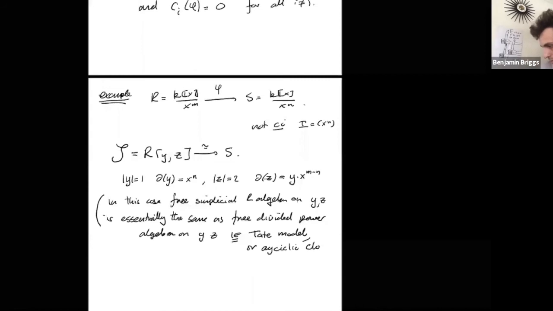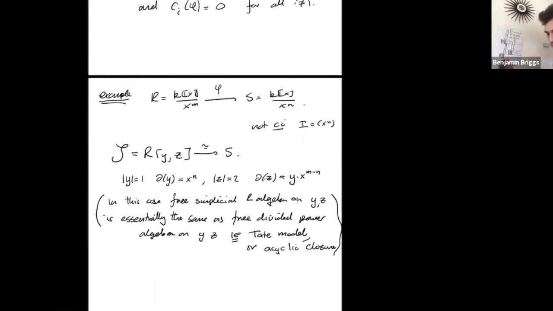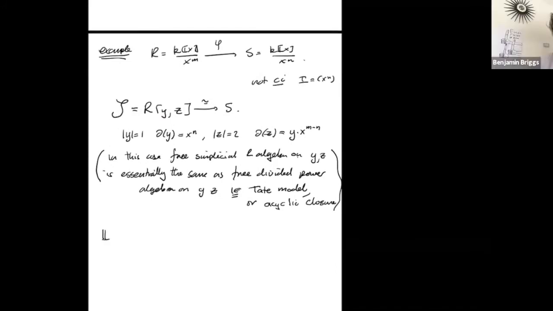Depending on what language you prefer, this is like a Tate model or Tate resolution, or what's it called? An acyclic closure. Okay, so once again, in this case you can do this purely with a DG thing, and you can say, I'm going to do my free divided power algebra resolution, which is this thing invented by Tate. So anyway, in this case, this cotangent complex with a fancy S